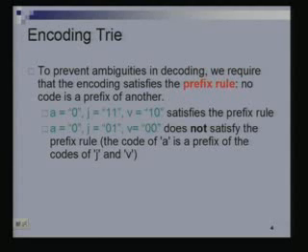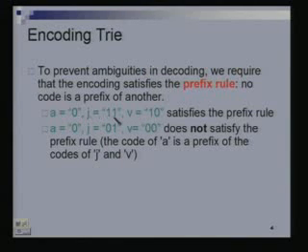So to prevent ambiguities in decoding, we will ensure that our encoding satisfies what's called the prefix rule, which is very simple. It says that no code is a prefix of another code. By code I mean the bits I use for a particular character. So जैसे when this was our code, you can see 0 was not a prefix of either J or V, and J and V were also not prefixes of each other. And so the encoding arising out of this would be unambiguous, and we will see an example to show that,